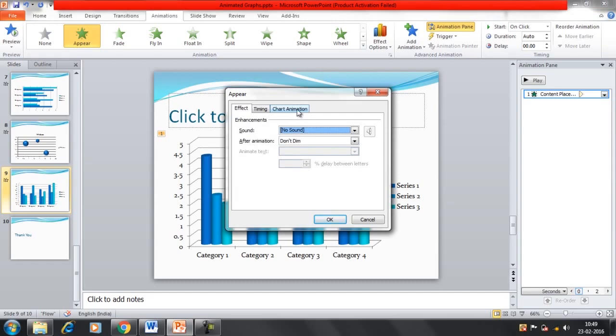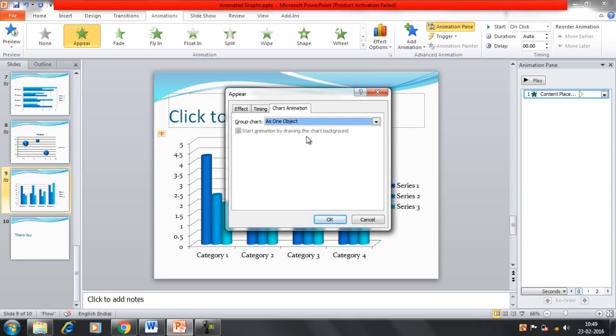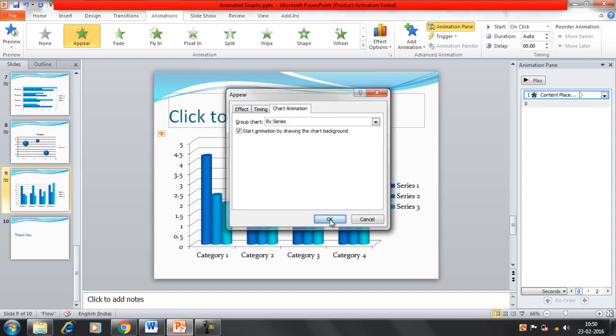The last tab is the chart animation. You can click here. It's showing you as one object. Once you click here, you will get certain options like by series, by category, by element. You can select it by series and click on OK.